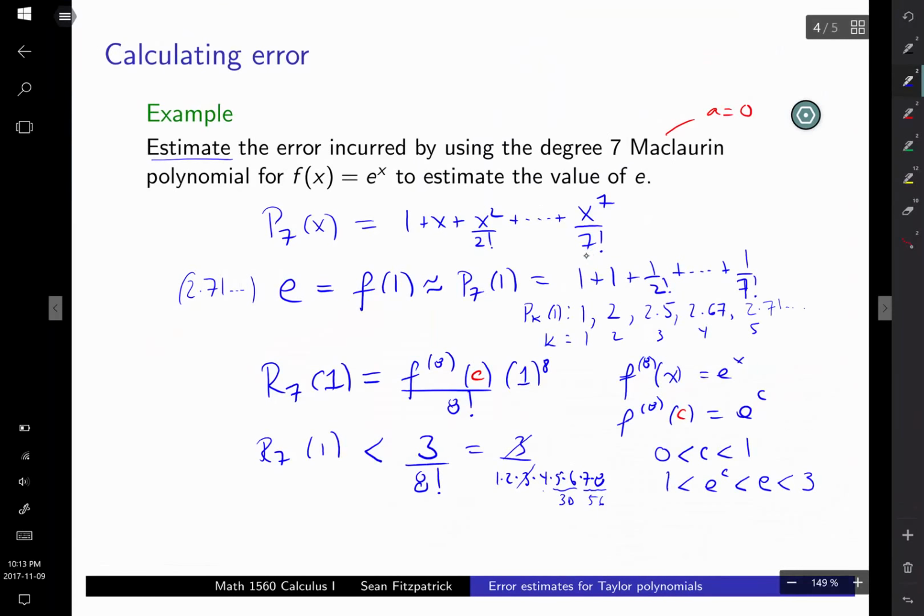So we get a remainder which is less than 0.0000744. That tells us that we might still be off by some rounding error in the 4th decimal place, but we've got it up to 3 decimal places, definitely accurate. Maybe if we add one more term, then we've got that 4th decimal place nailed down. So it's a pretty good estimate. So now this was